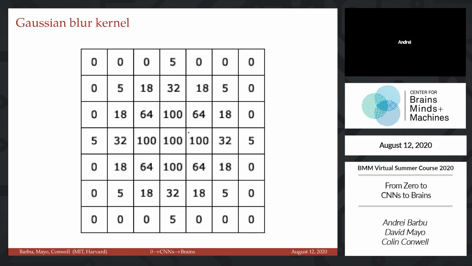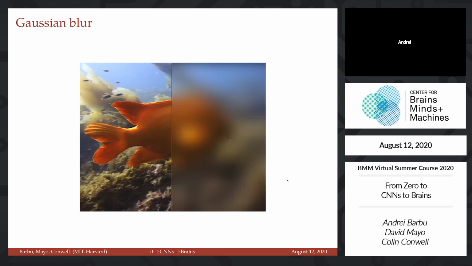It's just a matrix. There's nothing special about it. But one way to think about this is that a blur involves taking some amount of information from the central pixel and then allowing all the other pixels to have some amount of influence, and so it's kind of spreading that information out. And indeed, you blur an image if you convolve it with that Gaussian